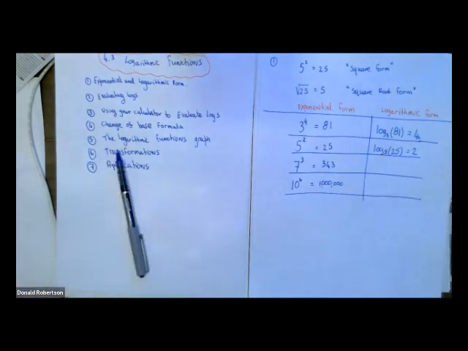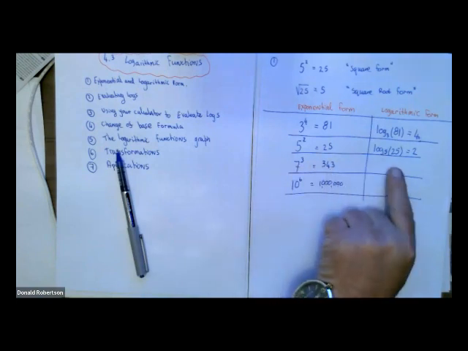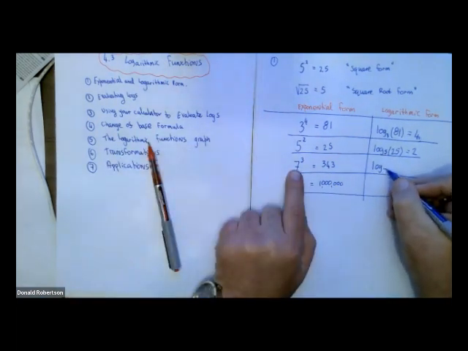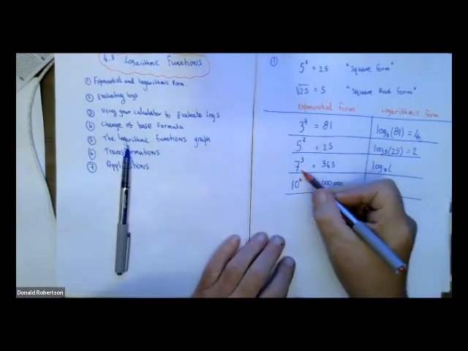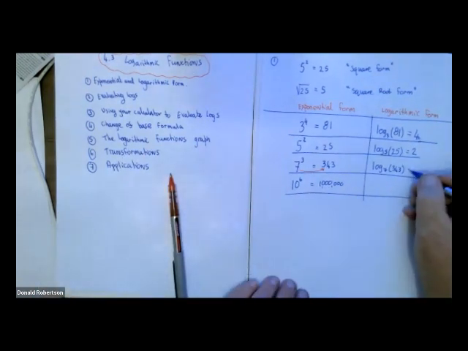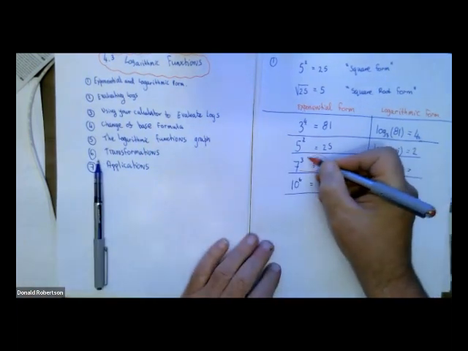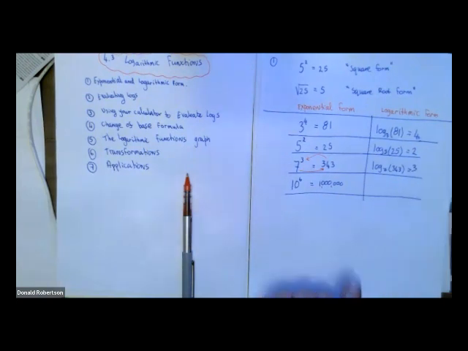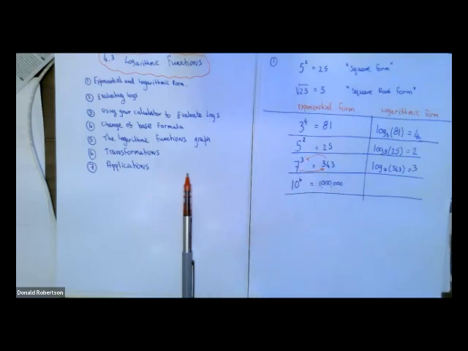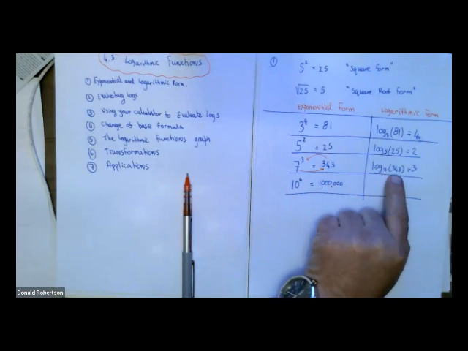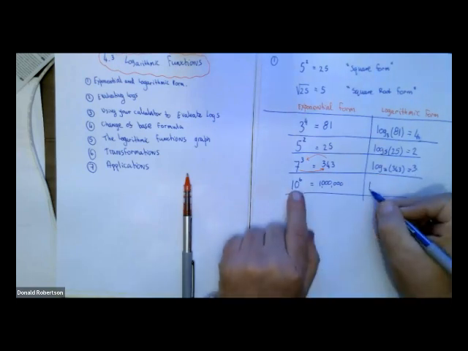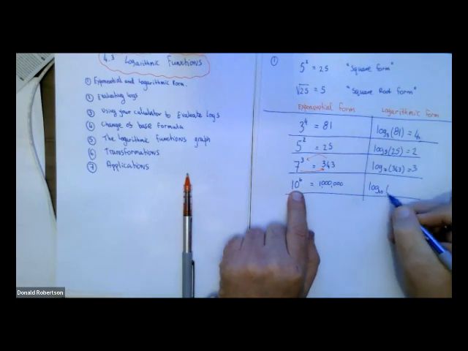Now, if you look at this, there's actually a little pattern going on in how I can take exponential form and convert it into its logarithmic form. We start at the base, so it's 7. And then we go to here. So that's of 343. And what does that equal? It equals 3. So log to the base 7 of 343 is 3. In other words, what power of 7 would get you 343? 7 to the power of 3. That's the guy. So this fella is the log to base 10 of 1,000,000